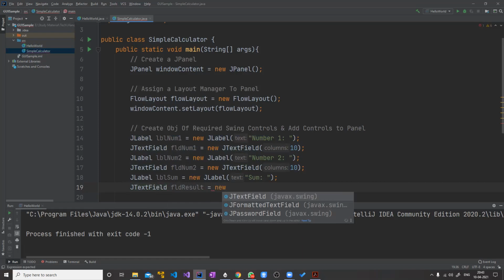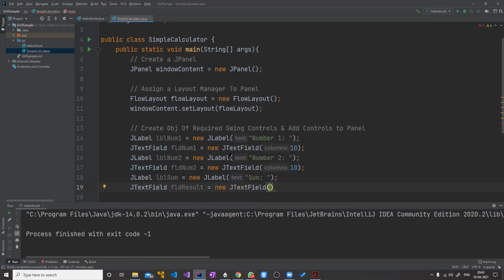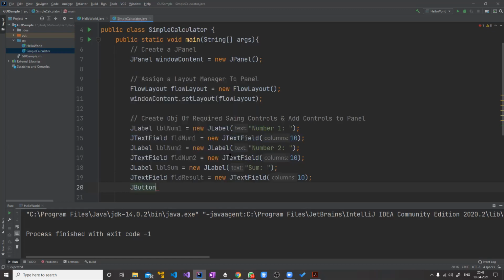So new JTextField. Again, what should be the length? Let it be 10 as well. What else? A button. So now J, B, it gives us the hint of button. So we created this button.